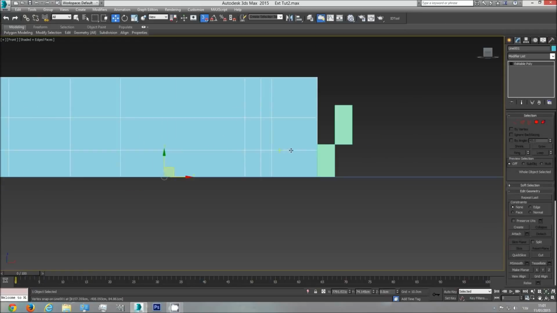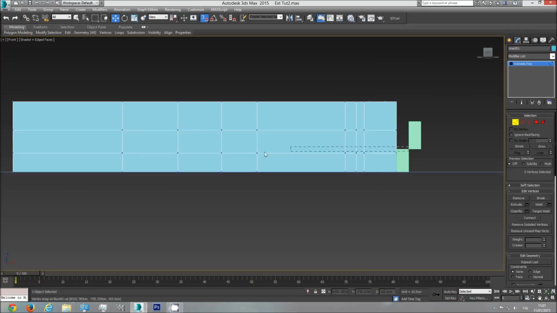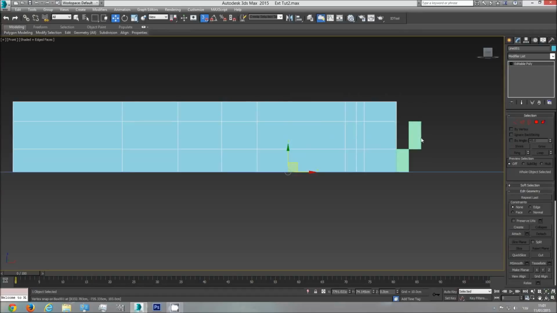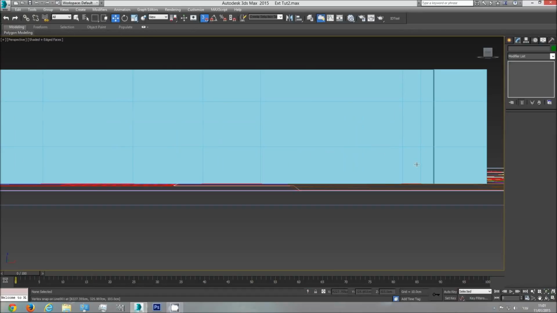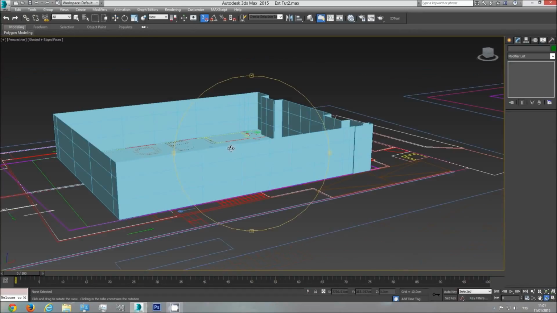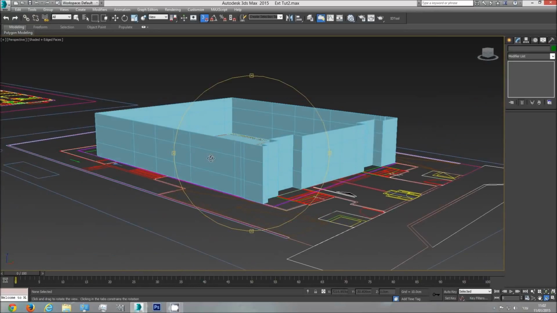So now I know the places of this line and this line. I'm going to move them. Bottom part of our windows I'm going to take up in the y-axis and snap it to this point here of the box, the 103 box. Now I'm going to choose all the vertices in this line, the top of the window, and snap it here on the top of this 125 centimeters box. Okay, so now if I go to perspective, I can see that the heights are right of the windows